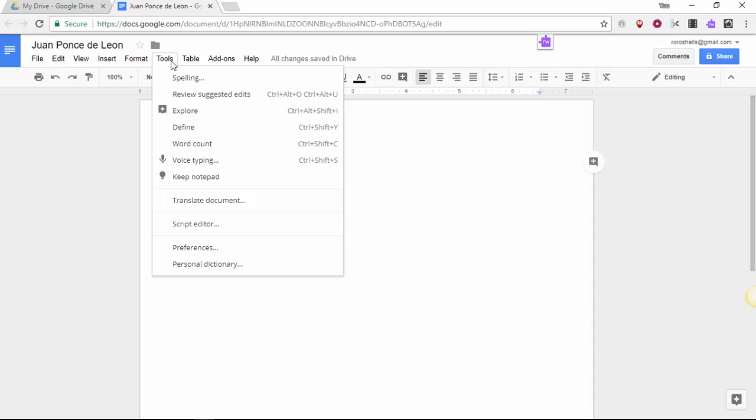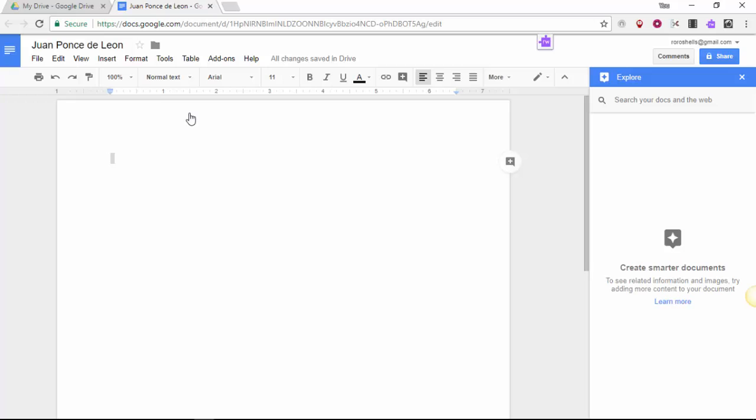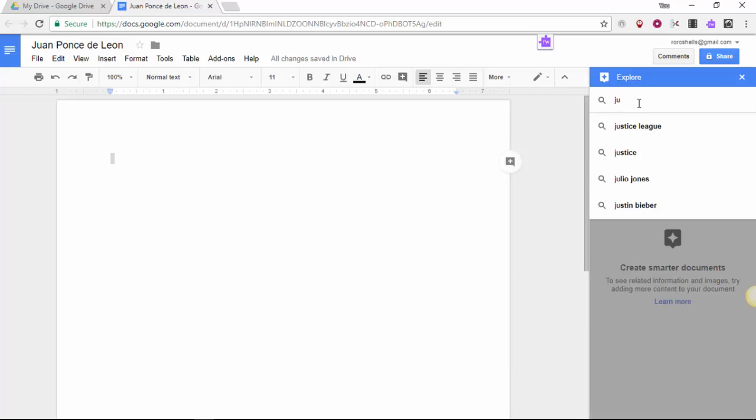To access the Explore tool, simply go to Tools and then click Explore. And the Explore box will open on the right-hand side of your screen. My student is doing some research on Juan Ponce de Leon and has chosen to use the Explore tool to search the web. So I just type Juan Ponce de Leon into my search,